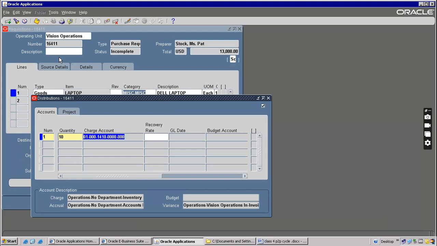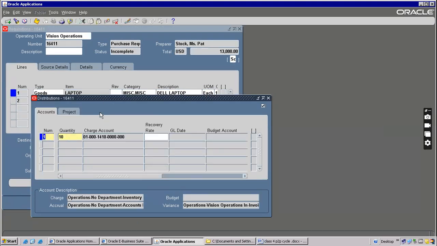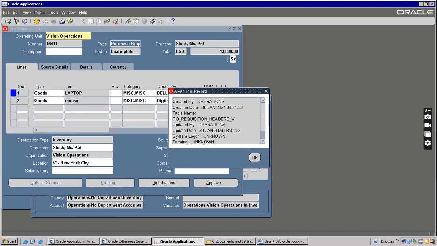One-to-many relationship: everywhere you can see header, line, and distributions. So the information is divided into three parts here. Now this information is stored in PO_REQUISITION_HEADERS_ALL. Take this, go to Toad here.